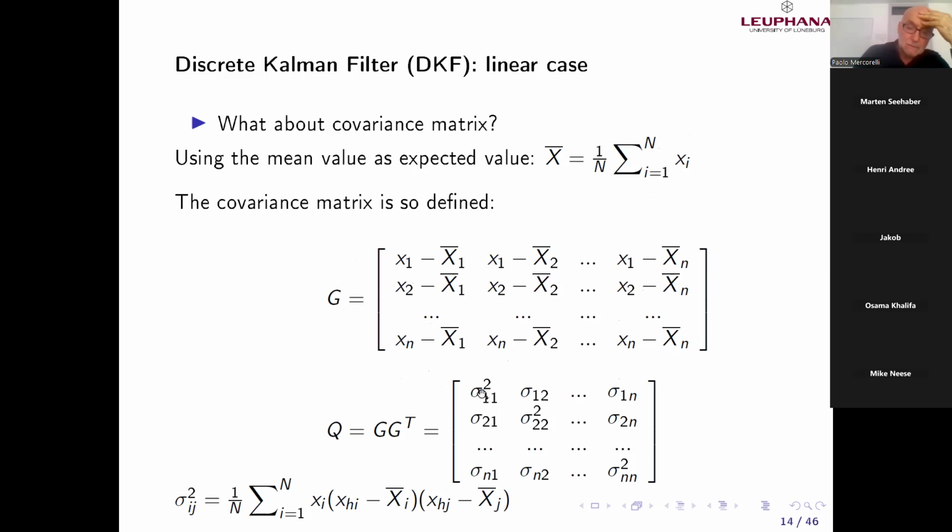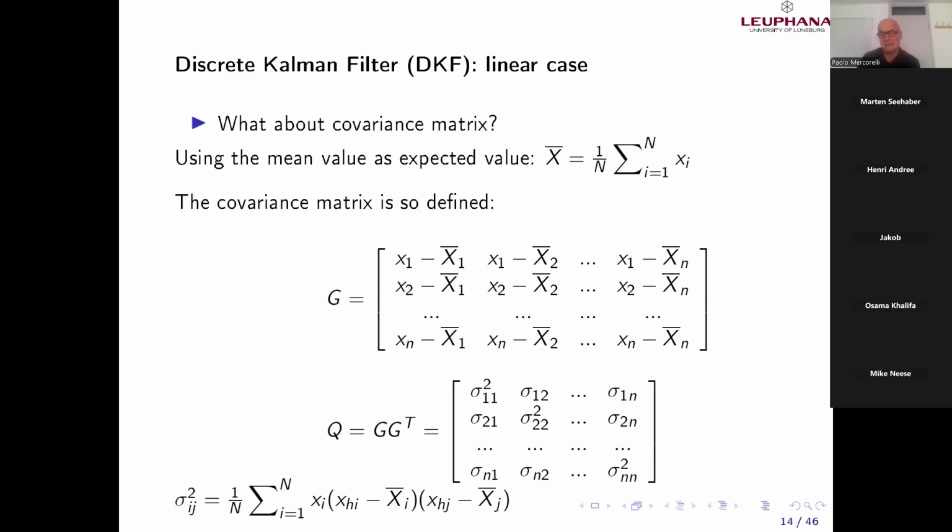In this matrix Q, we have in the diagonal the standard deviation square. This means the variance. And the anti-diagonal elements, which is a little bit difficult to interpret, but we can say that the statistical interaction, this means, for instance, sigma 1,2 is the variation of the current, if you consider a system consisting of current and velocity, the variation of the current when omega varies. It's a little bit abstract, this sentence,